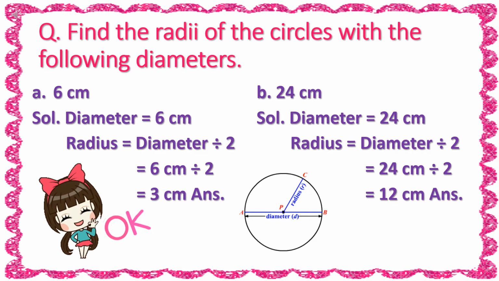तो आप इसको रफ वर्क में डिवाइड करके देखोगे and you will get the answer 12 centimeter, because 2 ones are 2. We will get 1 as quotient, and in next step we will bring down 4, and 4 will be divided by 2 and we will get 2 as quotient, because 2 2s are 4, and the final quotient will be 12. So our answer will be 12 centimeter. That means radius will be 12 centimeter.